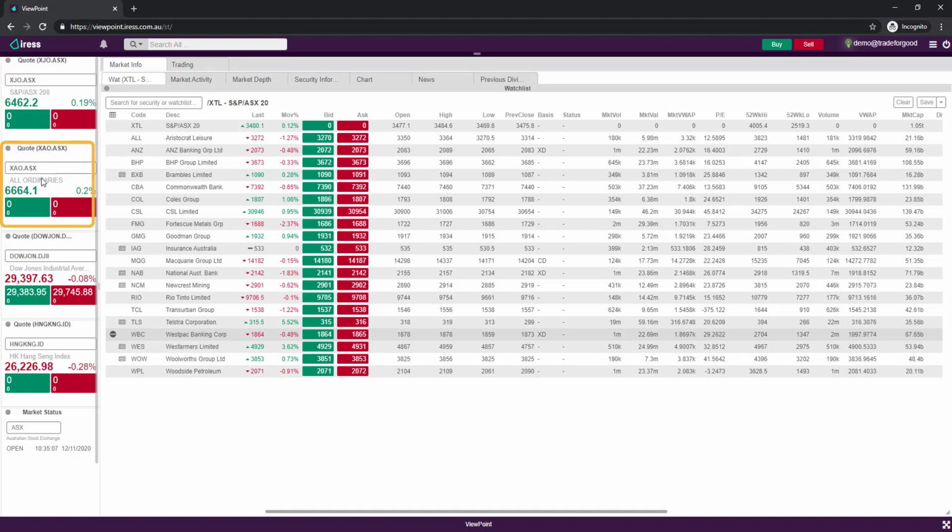So you probably would have heard about that. That's a good indicator of what's going on. And then we've got Dow Jones. So this is just a good indicator to see how the US was tracking last night. None of that's going to update during the day here because the market's closed over there. And the Hang Seng, which is obviously the Chinese index,